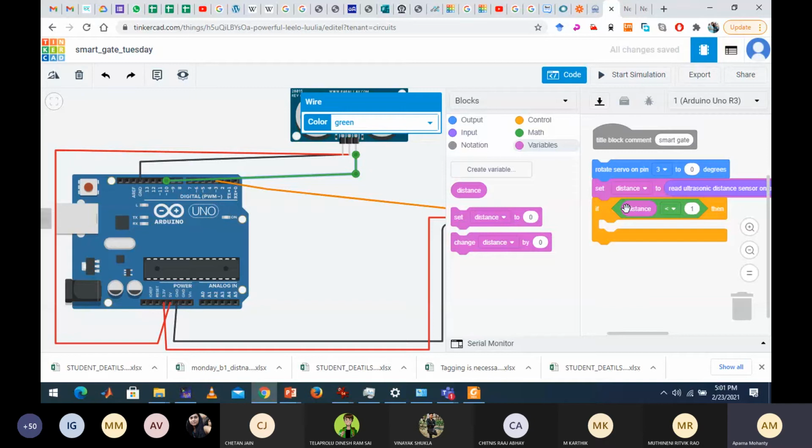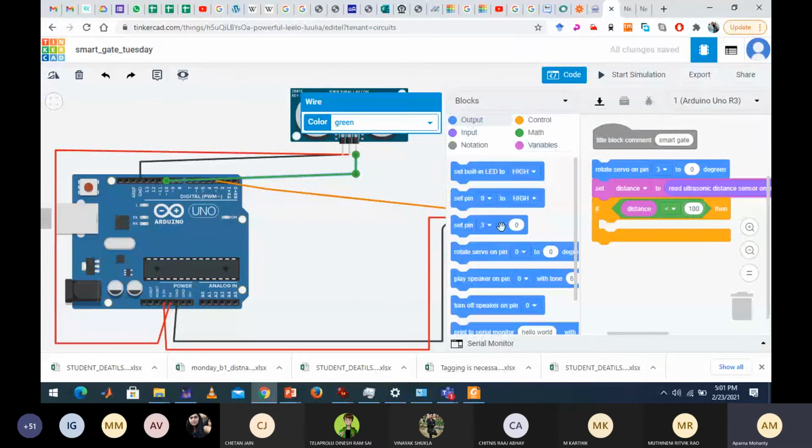Yes, ma'am. So what condition do we need to check? If distance is less than some value, and the unit is centimeter because we have set it to centimeter. Suppose the value is 100 centimeters. So I check if distance is less than 100, then what do you need to do? Rotate the servo. That is the output.